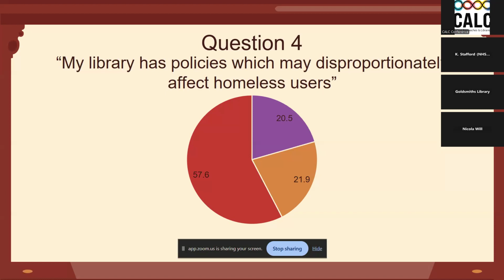I think what seems more likely is that most of the respondents who selected this option genuinely believe that their library service doesn't have any policies which disproportionately affect homeless individuals, and that they're maybe using the flawed logic that's reflected in that old aphorism from the 19th century, that the law in its majestic equality forbids the rich as well as the poor to sleep under